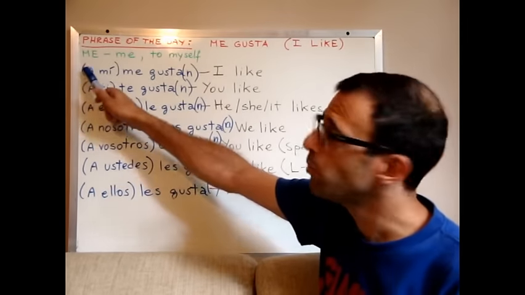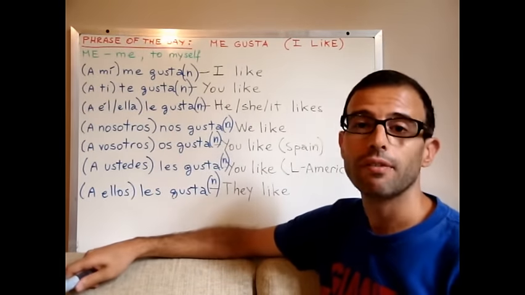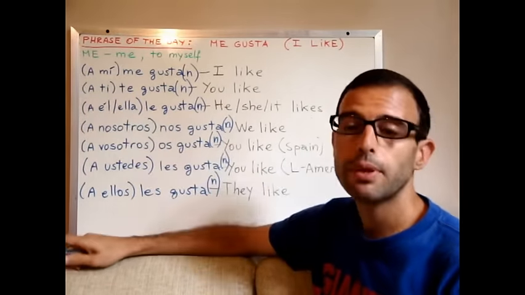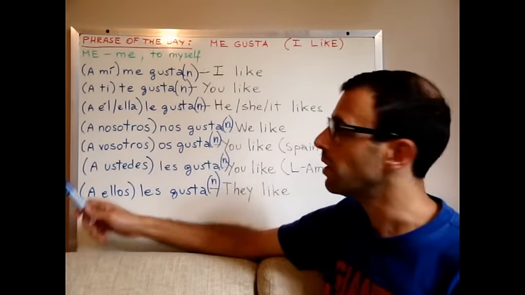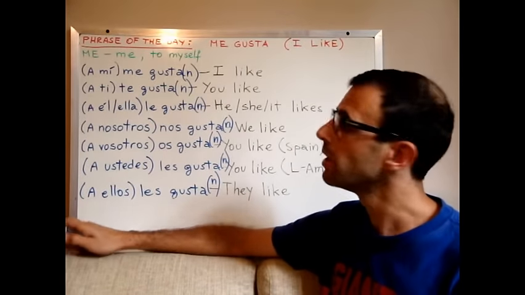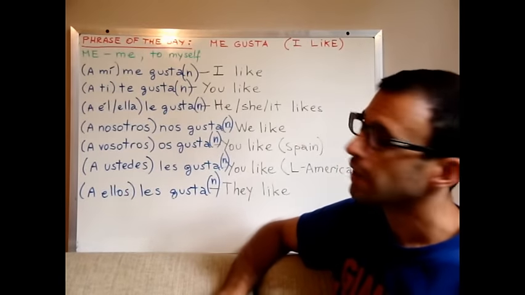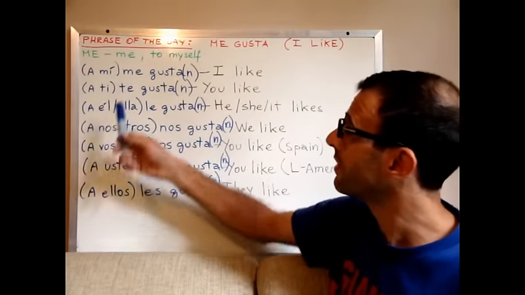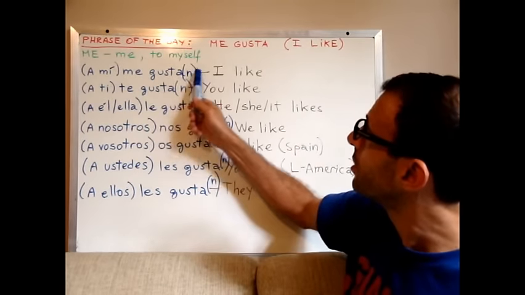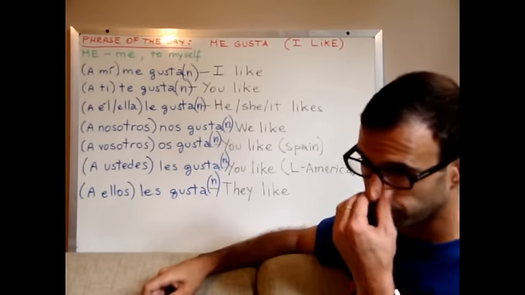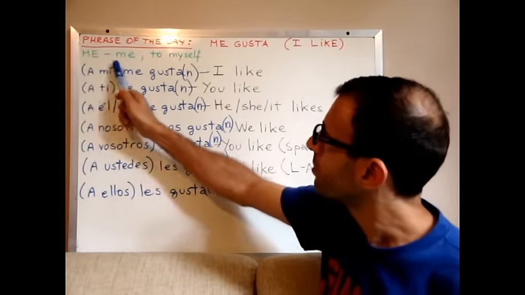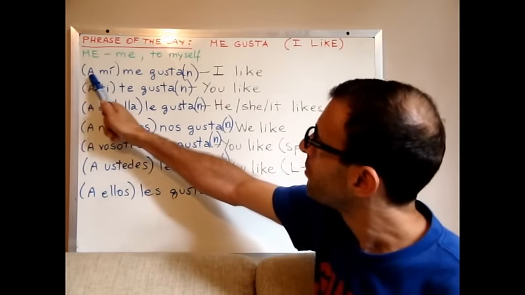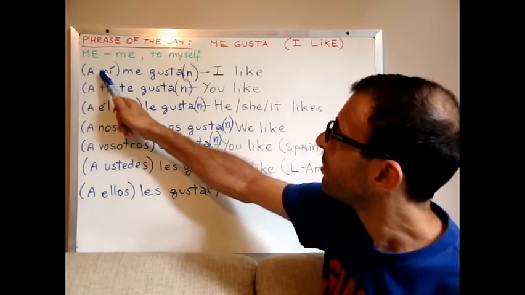Now look at this. Why have I written the first part of the sentence between brackets? Because this actually can be omitted and is usually omitted when we speak and when we write, right? Why? Because, as I mentioned before, the subject is already implied in the conjugation of the verb, right? So, what does this first part mean? Let me translate word by word. This first word means to. To me,